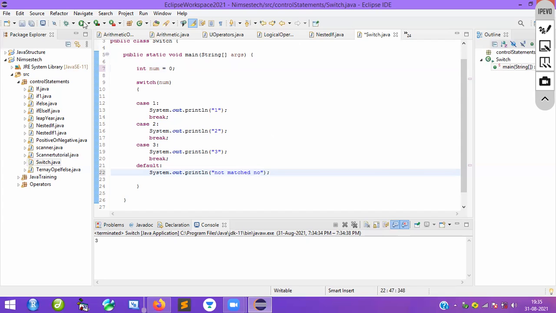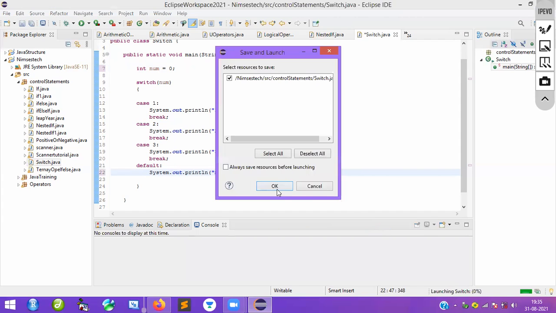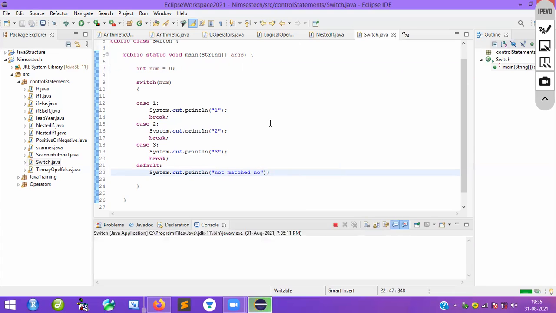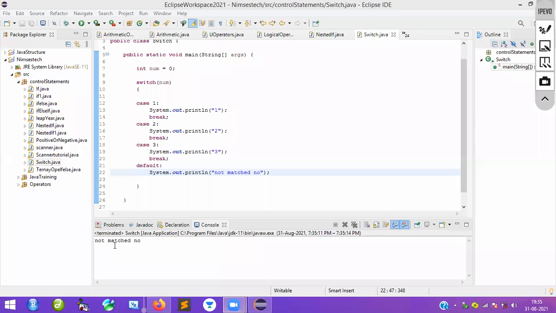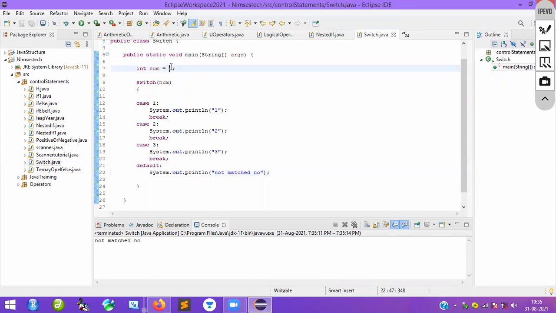So run. Everybody clear now? Guys, understood? So this is what exactly you can see. If it is 0, it will go to the default case and execute not matched number.